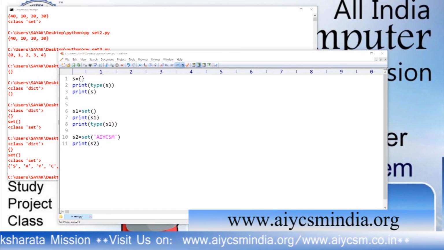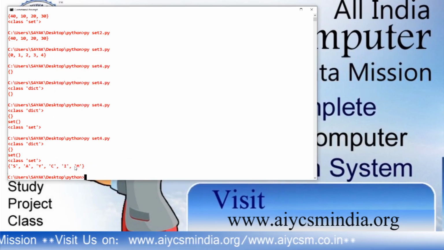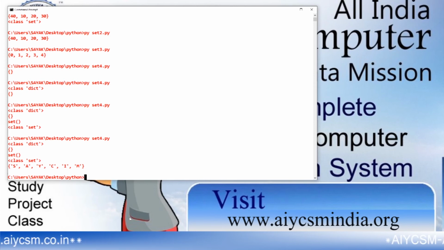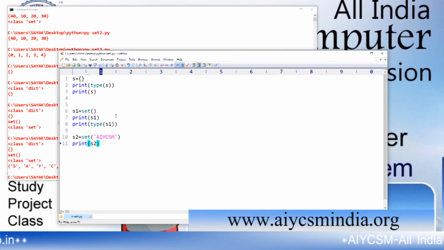It doesn't maintain the order, but all the elements are in there. It will create every single letter as an element of a set. This is how you can create a set from the set function.